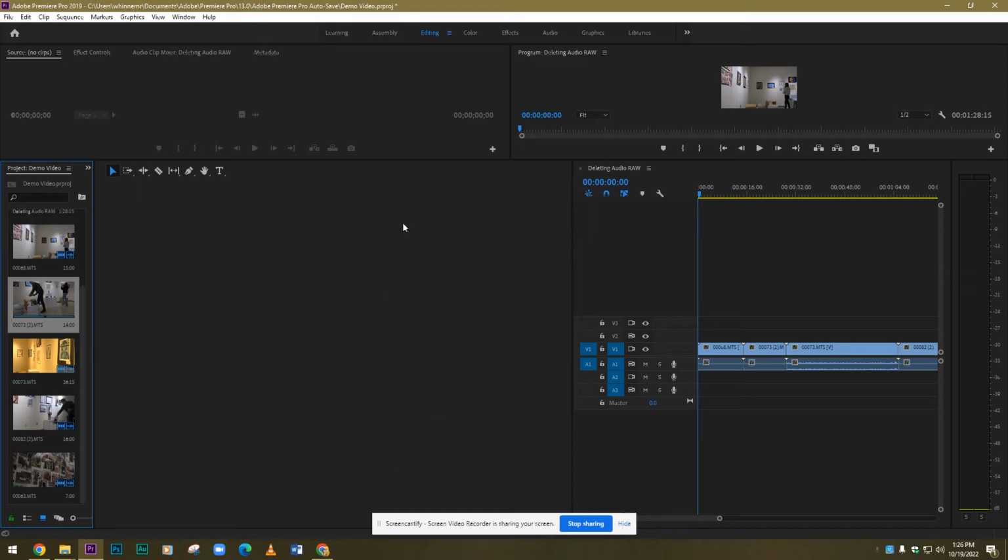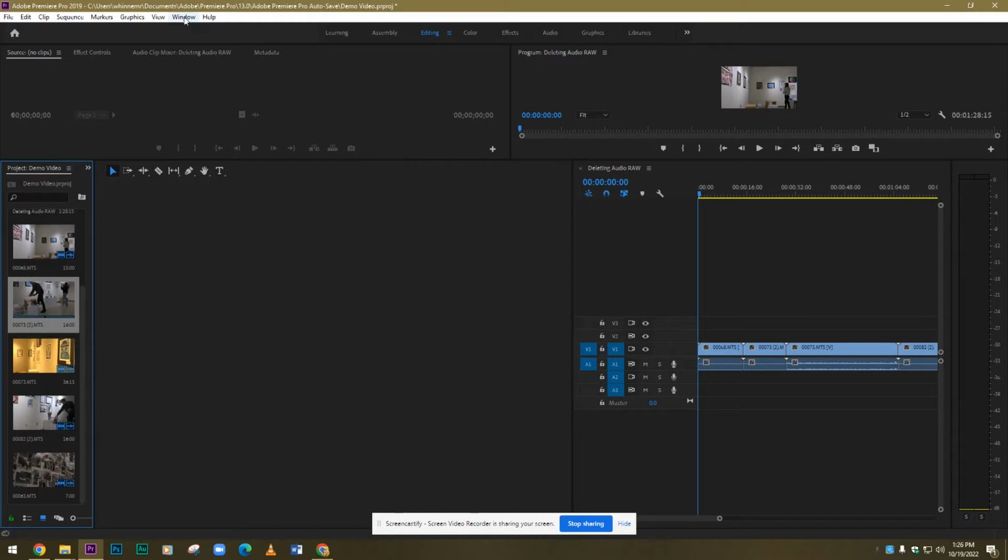Okay, so as you can see here, this is my editing setup. What I want to do is show you how to do titles, but you can see that something doesn't seem right here. This is not what your window is supposed to look like. This is pretty confusing. So the first thing that I want to show you is a little trick where you